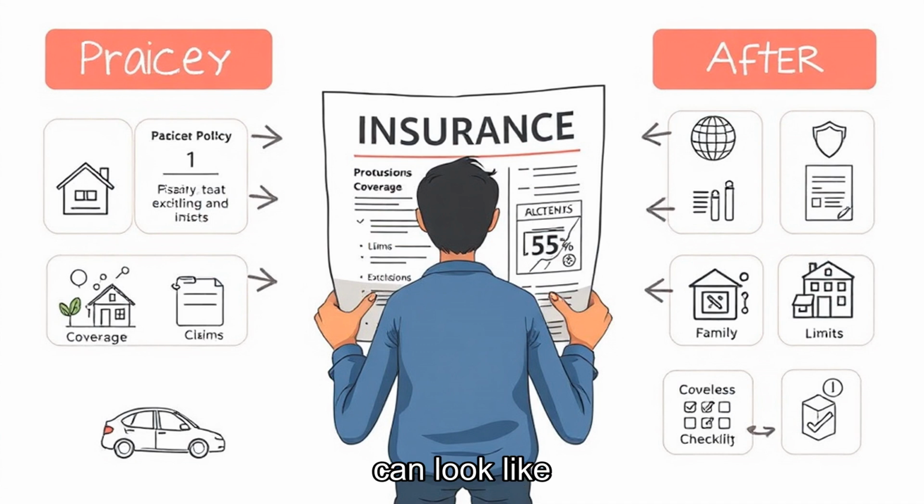An insurance policy can look like a wall of legal language, but when something goes wrong, every line suddenly matters. The mistake many people make is reading only the price and the headline coverage. A policy is not just a promise that you are protected. It is a contract that explains what is covered, what is excluded, how much you pay, how claims work, and